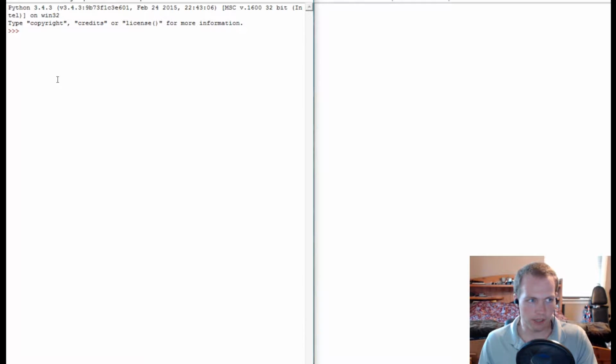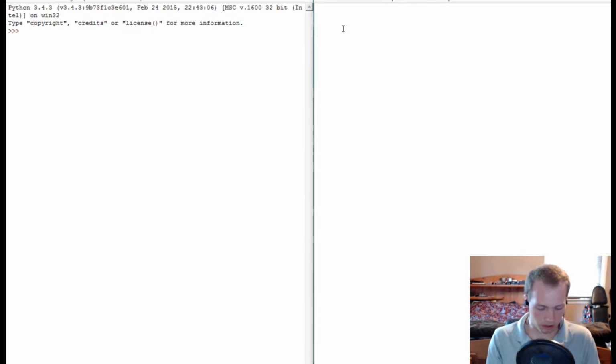So this left-hand screen right here is the shell. This should pop right up when you click IDLE. And then you can go ahead and hit Control-N to bring up a new Python file. And then just really quick, save that so that you don't have to name it later. Save it to your desktop or wherever you feel like storing this. So, to get things underway, we have our tools that we've talked about. So let's get started. Our goal right now,